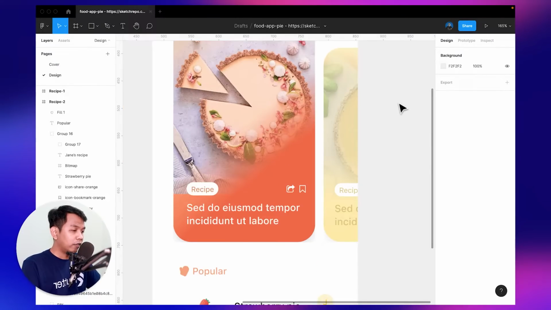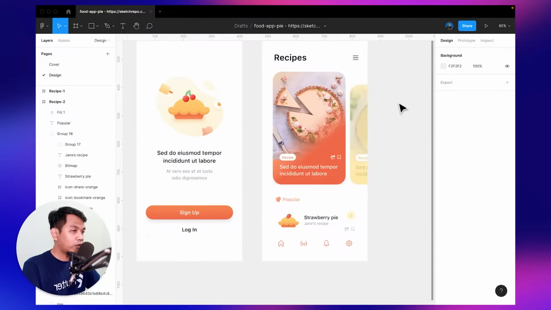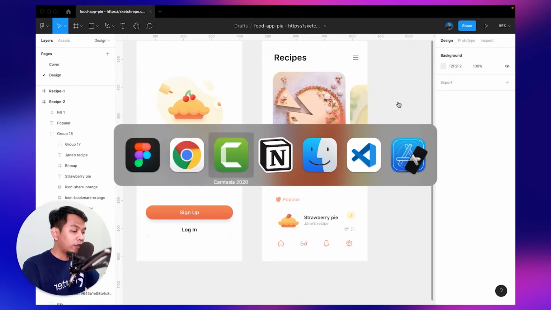Alright, so first, you have to download the Flutter starter project, link in the description below. You just download it as usual. And if you have downloaded, let's open it with our favorite IDE. And as usual, I use Visual Studio Code. Alright, let's open it.